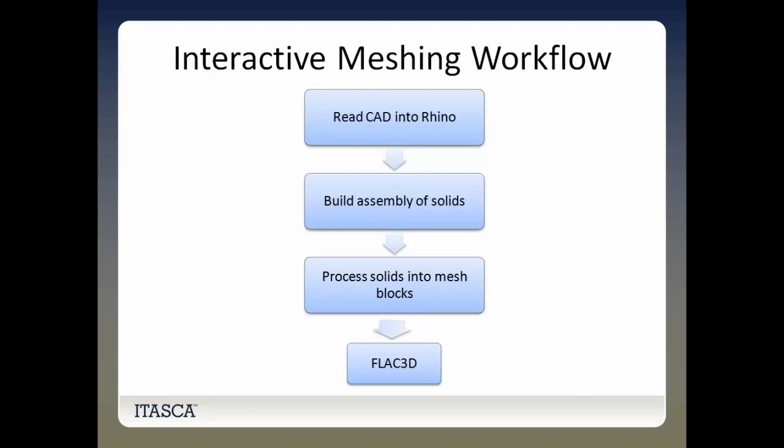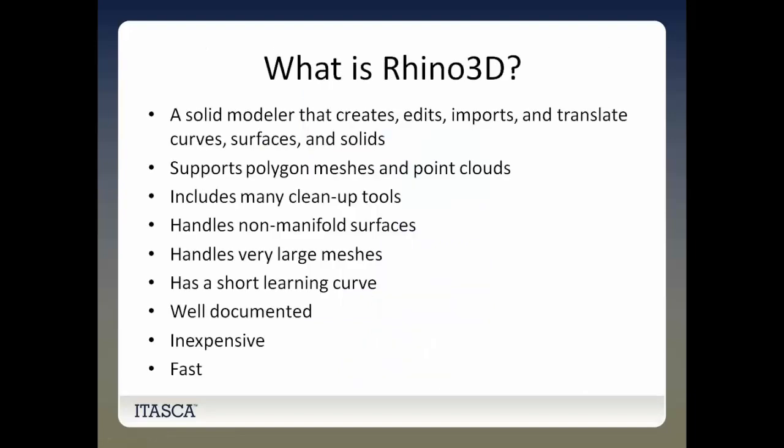And once these solids are prepared, at the push of a button, the solids are turned into a mesh that will be read into FLAG3D. What is Rhino 3D? For those who are not familiar with it, it's a solid modeler that creates, edits, imports, and translates curved surfaces and solids. It supports polygon meshes and point clouds, in addition to the notion of solids and surfaces, which are really mathematical definitions,